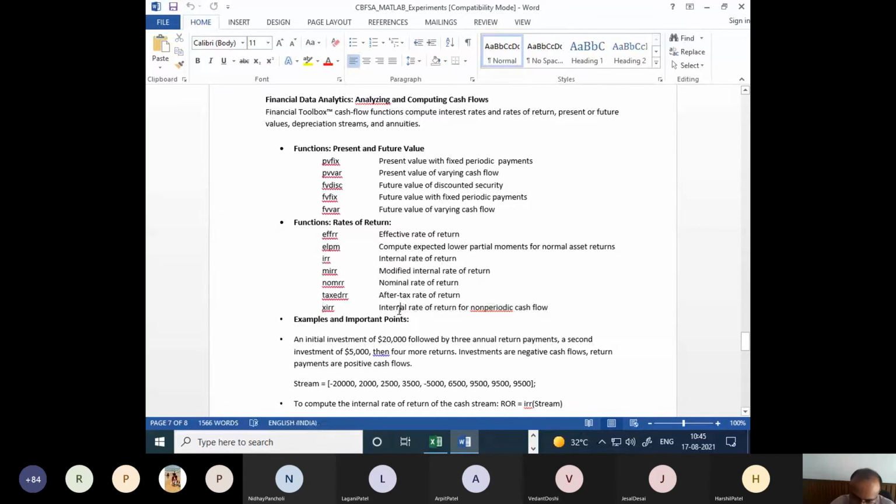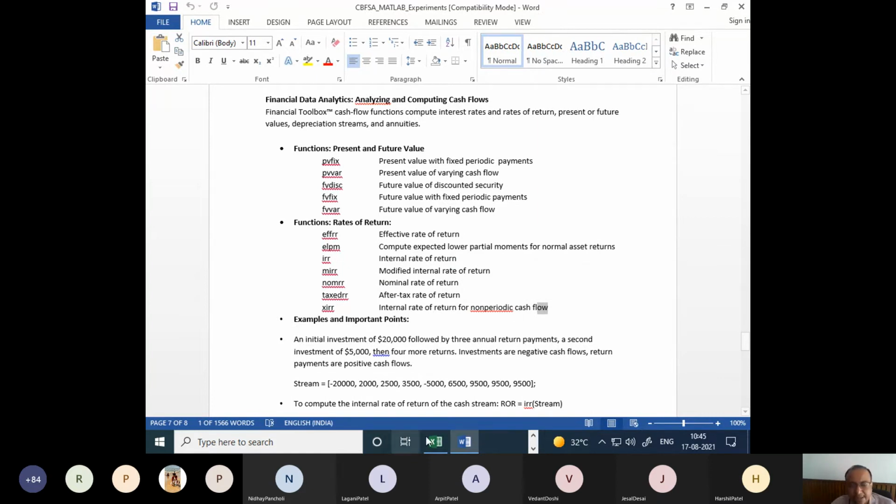And then take all that data from the statement and try to enter this data in MATLAB and calculate that XIRR with this function. You do this. It's a very simple thing. So that is an internal rate of return for non-periodic cash flow. If you have taxation related to it, then you can also calculate the after-tax rate of return. That is another issue. Right now we eliminate taxation from our discussion because that will be too much complication. Later on we can incorporate it.